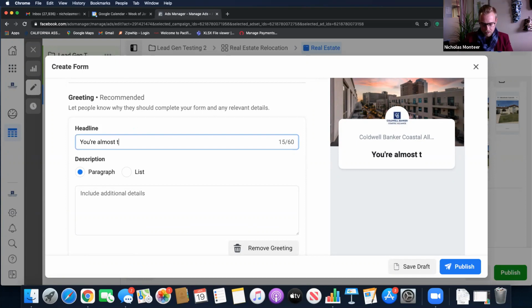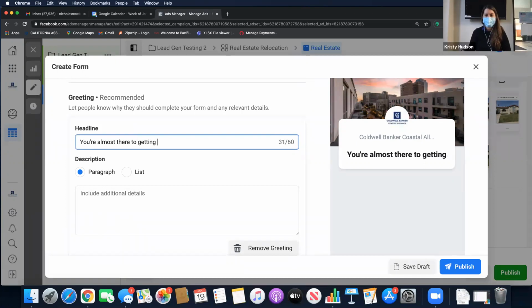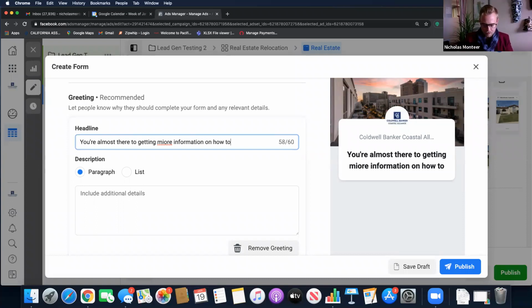And then your headline, you can basically say something like, you're almost there. I'm going to run out of room. Maybe just "You're almost there," and then I can write more below, because it only gives me, what, 60 characters.